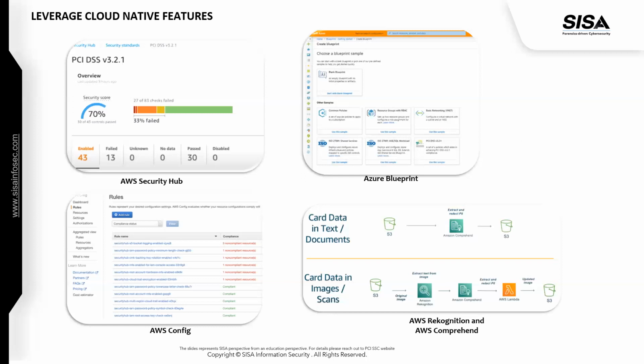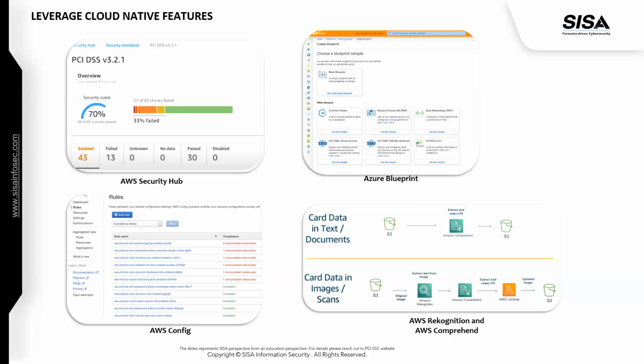A similar thing also exists for Azure Blueprint. You can just enable the blueprint for PCI DSS and the system will keep you informed. It can also give you a lot of recommendations on what you need to do. Similarly, you have another service called AWS Config, which can be used to have a quick view on, okay, I have an infrastructure and I have some configuration done, how well is the configuration placed. For all that kind of stuff, you can definitely go to AWS Config. It can give you a lot of